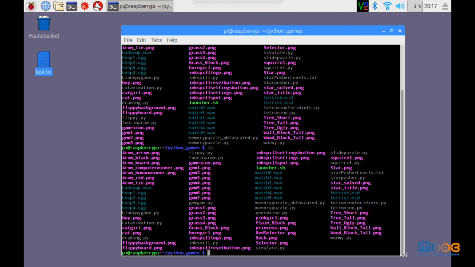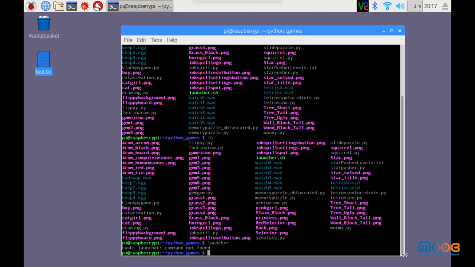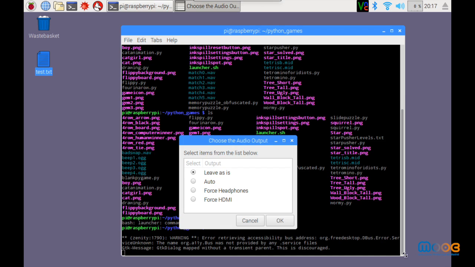Okay, and we see that we have a file called launcher.sh that is an executable file. We can try to launch it, to execute it, but then we find that the command is not found. But if we put ./launcher, then we can find the file and execute it.